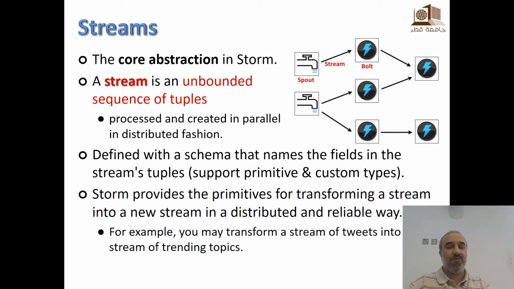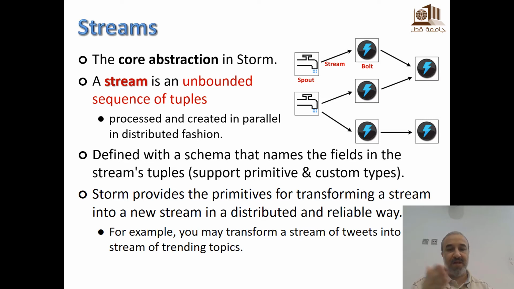Okay, and that's what we will see in bolts, for example. So bolts will do this transformation. So that's the main thing that you, as a user of Storm, will focus on: writing the code that will really take a stream, either provide the stream, that will be the spout, or transform the stream into another stream, which will be the job of bolts.